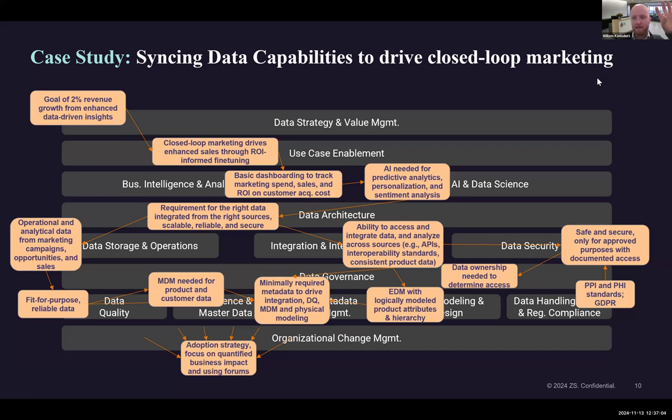Hopefully, this is a very tactical example of where you take one use case, and in some projects, we took the top 10 or top 15 to follow a similar process to identify what are actually the things that are required to truly enable it. But that is hopefully a very real example of how these foundational capabilities can be brought to bear to enable higher level strategic goals.